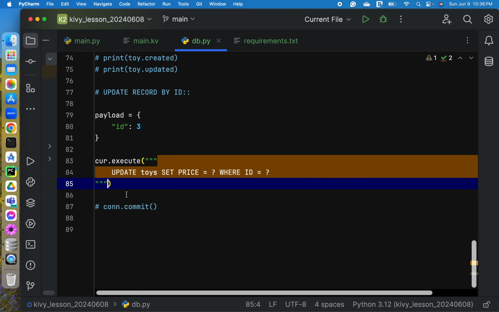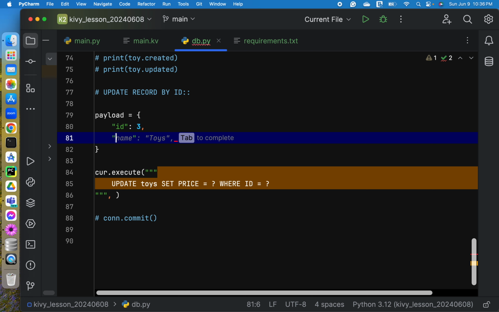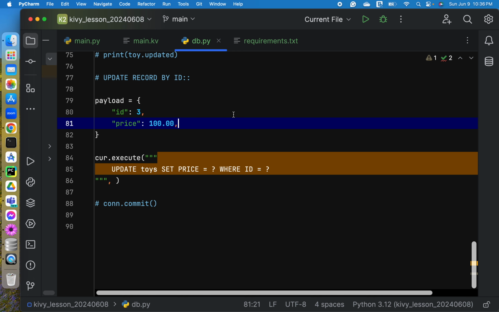And let's put here the price because we have two, we need two items to make our query work.